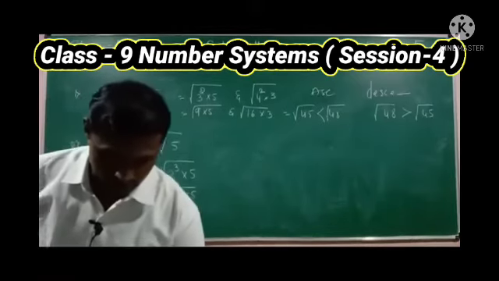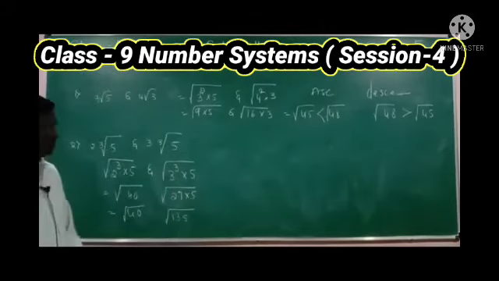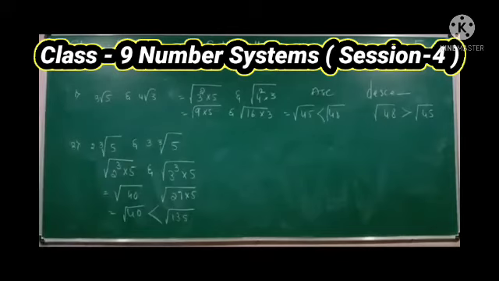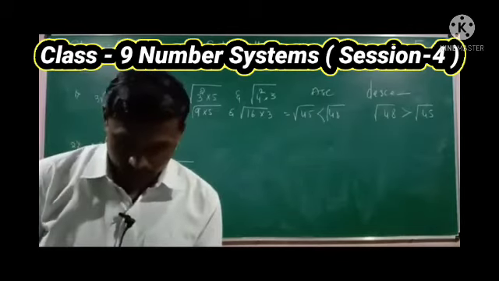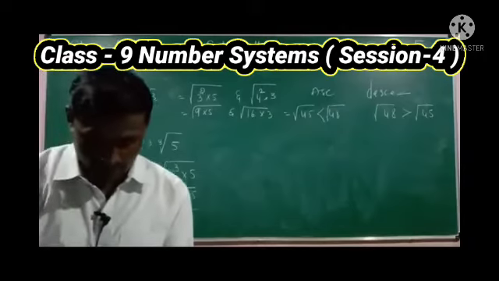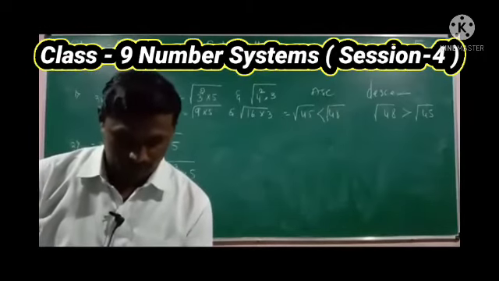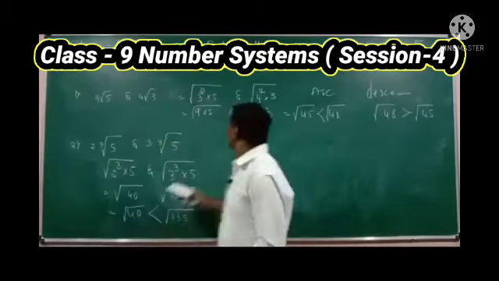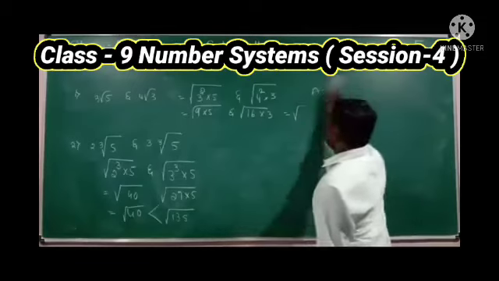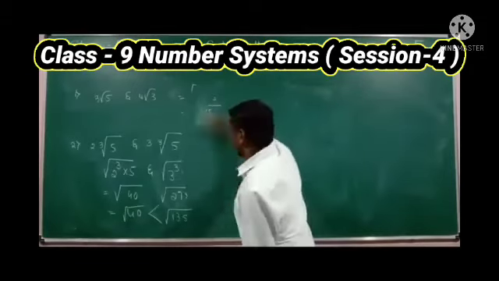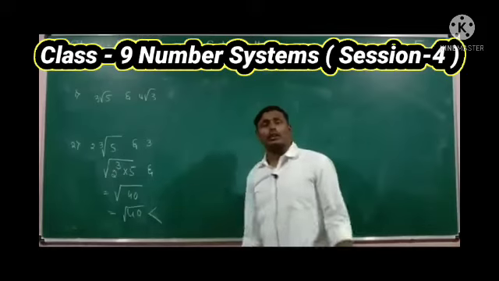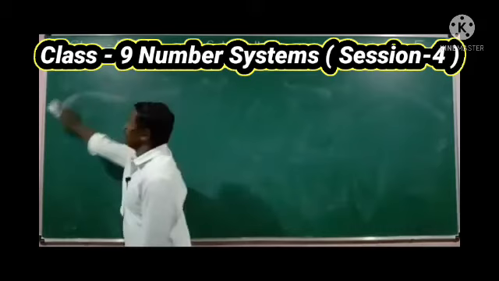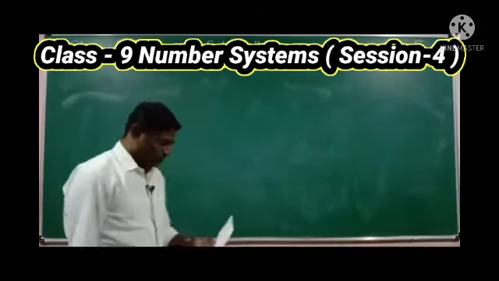So which is the greatest number here? Which one is the greatest number? This is the greatest number. Okay, so these are some examples. Next one, see the next question. I'll take some more examples based on these. We are comparing some more examples. Once we compare the numbers, we can rearrange them in ascending or descending order. Okay, take two more examples here.